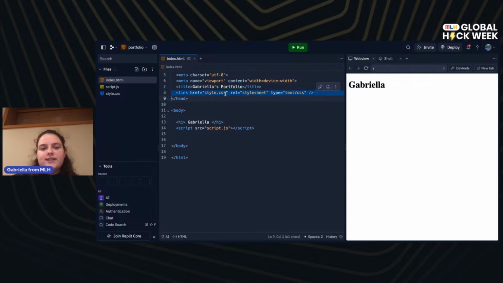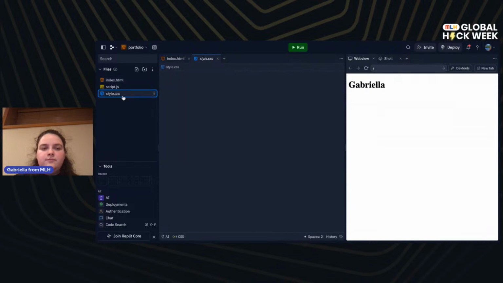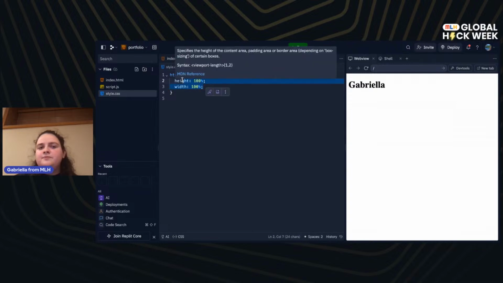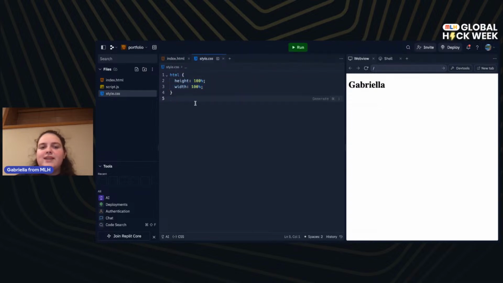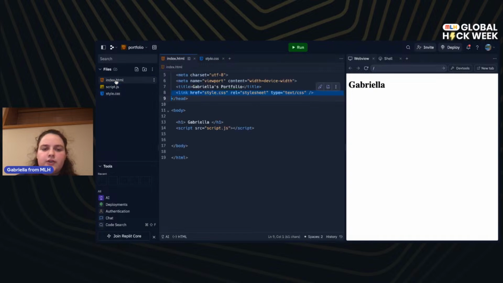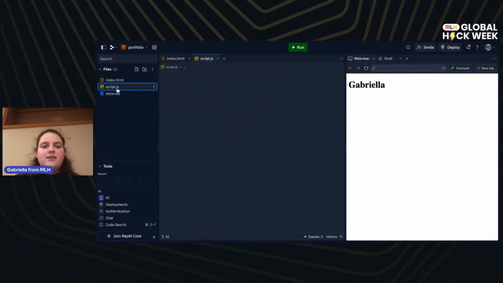Here is the link to the style sheet. This is linking this CSS file to this page. There's not very many things in the CSS file. It's just essentially saying that the HTML will span the entire height and width of the web browser, which is also pretty standard. Here we have the tag that's linking the JavaScript to the web page, but right now the